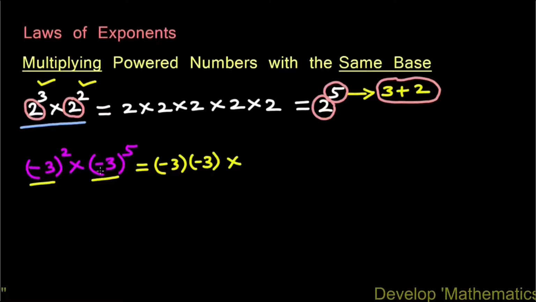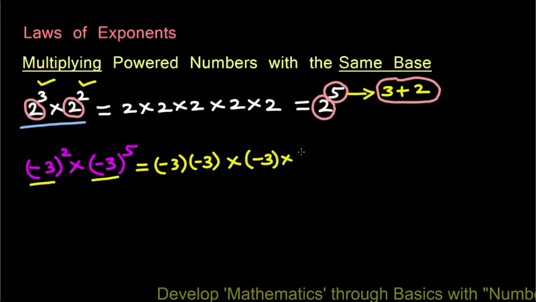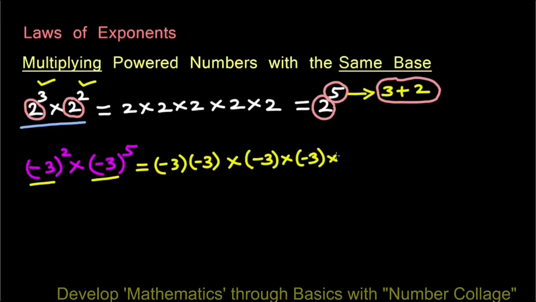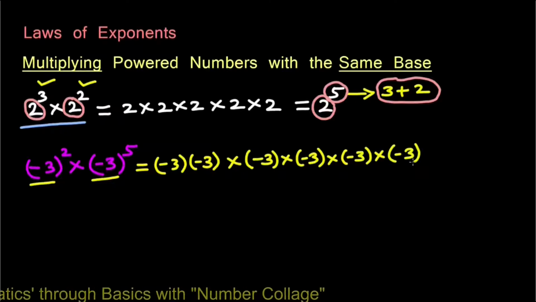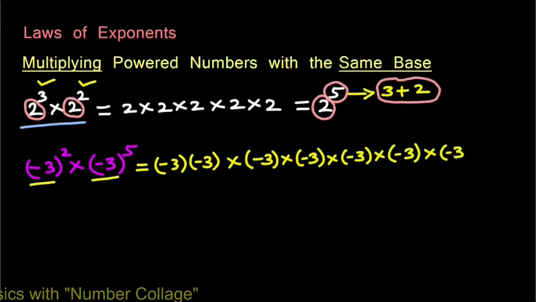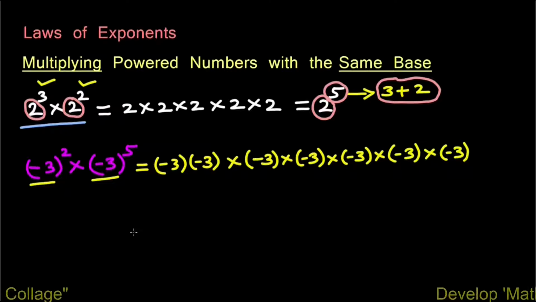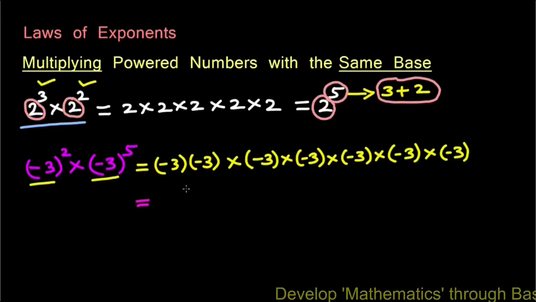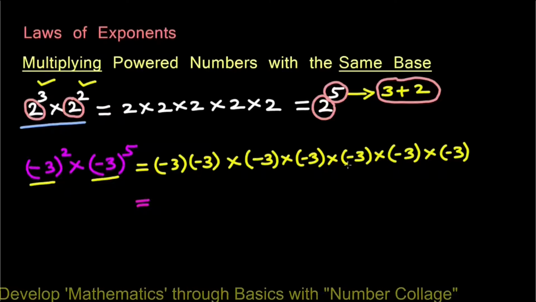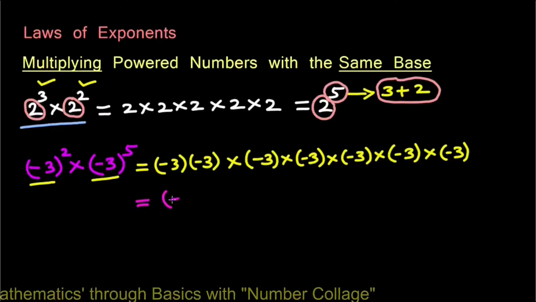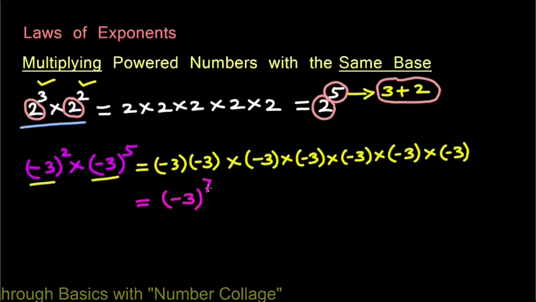For minus 3 raised to 5 we will write minus 3 multiplied by minus 3 five times, which will be multiplication of minus 3 seven times. 1 2 3 4 5 6 7, so it will be minus 3 raised to 7,